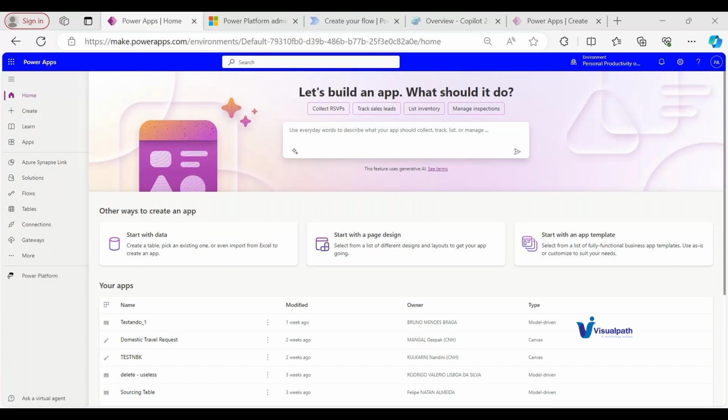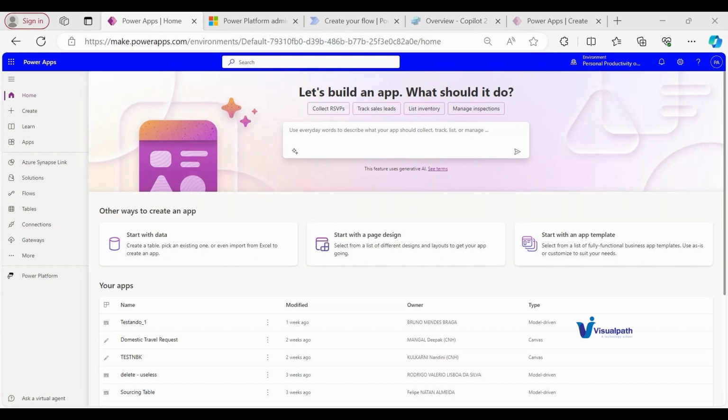So the answer to the second question is that I always promote this: if you are going to work on any project, start with a solution, because eventually when you do the migration, you need the solution to have all the information associated with it. Many people have created multiple applications and multiple Power Automate flows which are working for certain applications, but they are so scattered that when they start creating a solution and moving their applications and flows into that one solution,